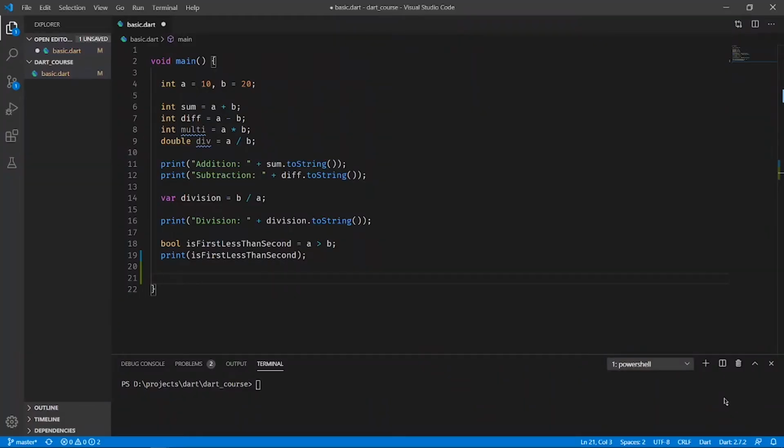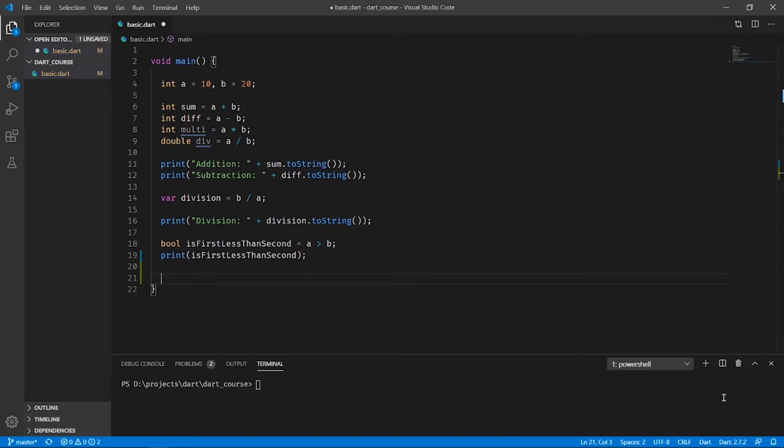In the last video, I discussed some basic operations in Dart. Before going to the core concepts of any programming language, the input-output component is to be discussed first. That part was left, so I will be discussing how to take input from the user through the console. So let's get started.